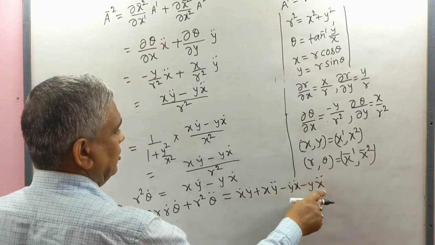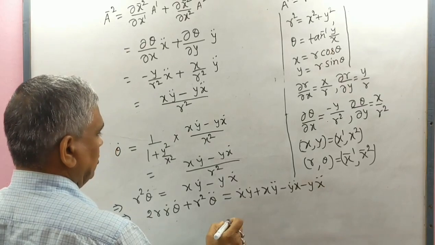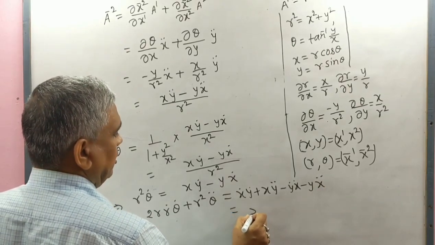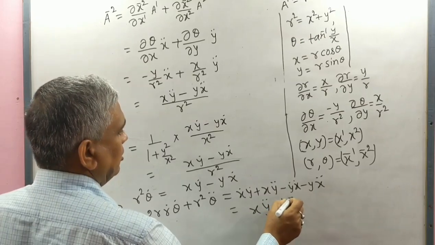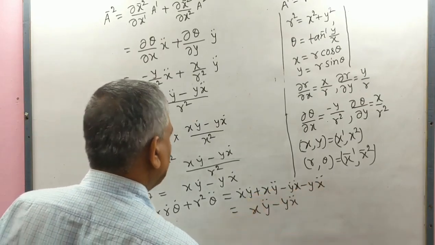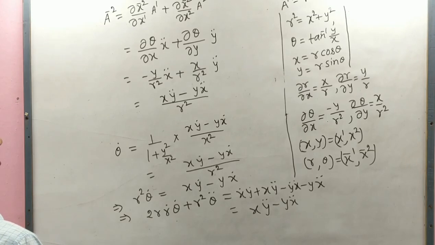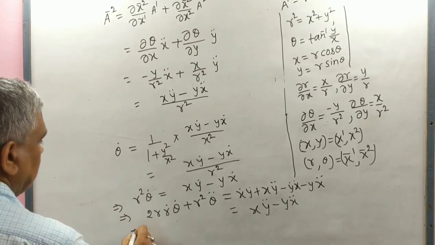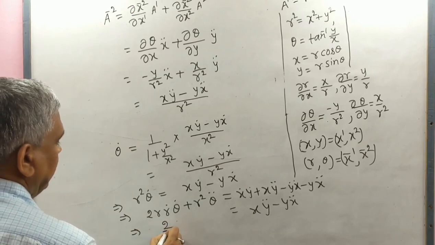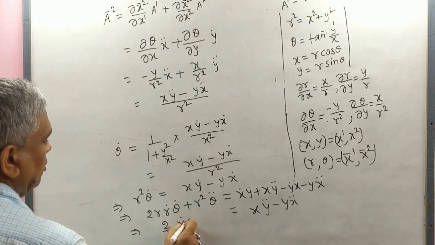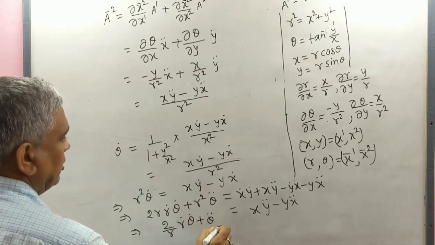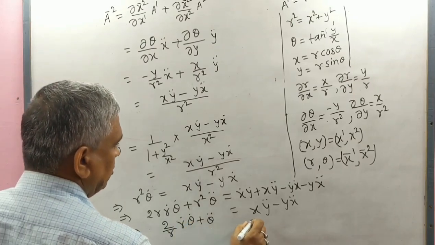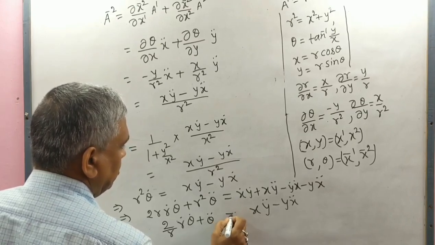This term and this term cancel with each other, so we get x y double dot minus y x double dot. Dividing both sides by r square, we get 2 by r r dot theta dot plus theta double dot equal to this,